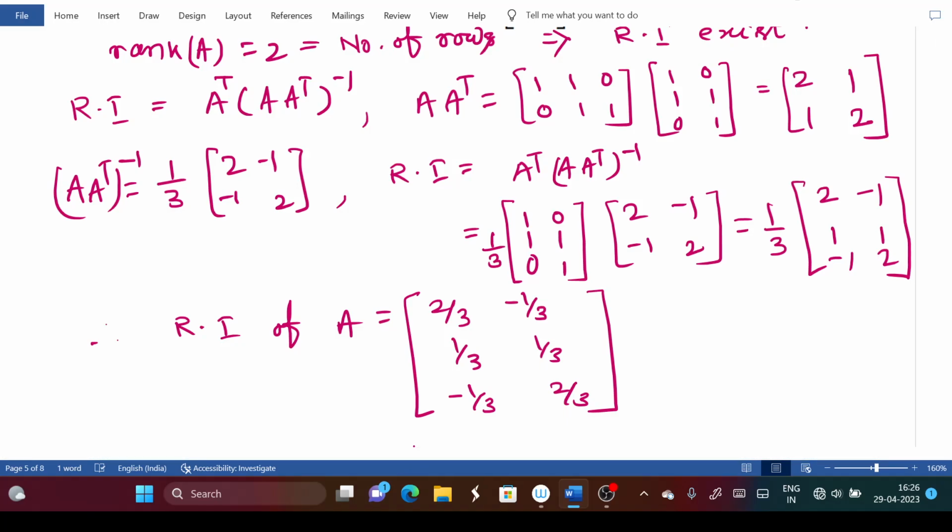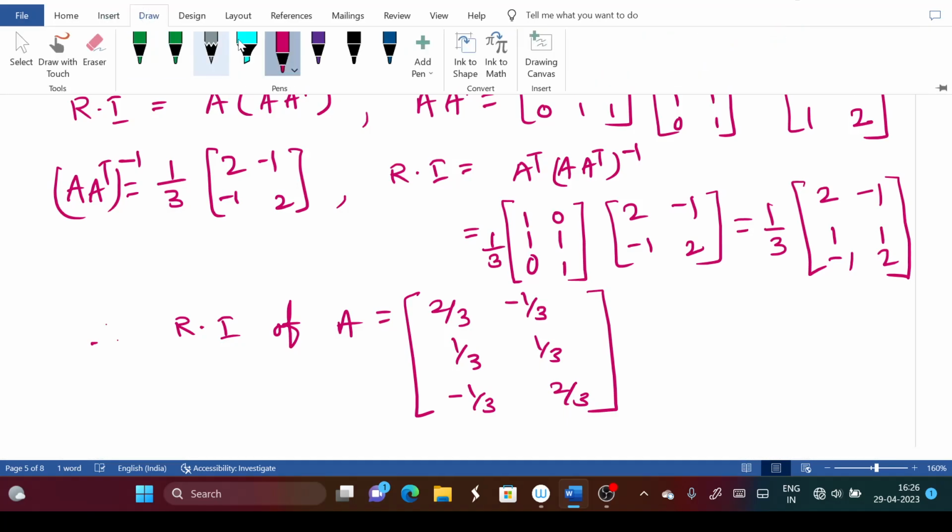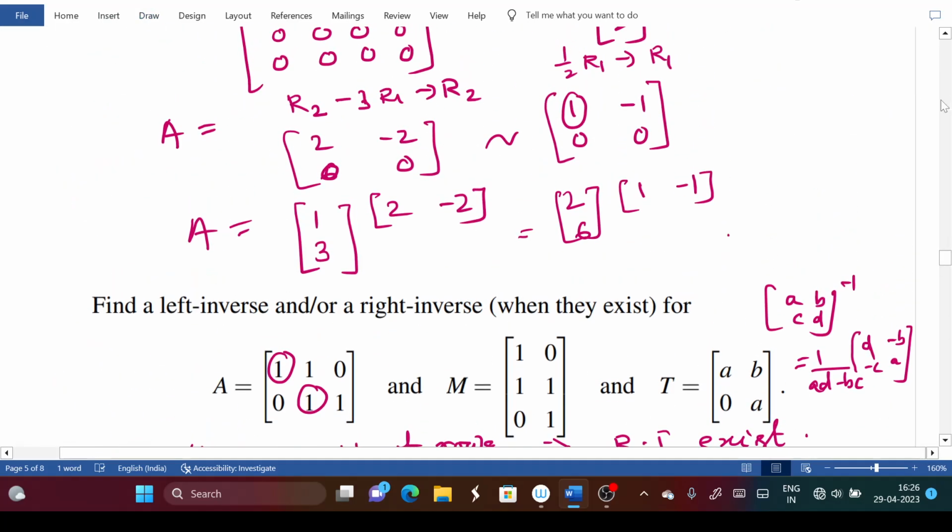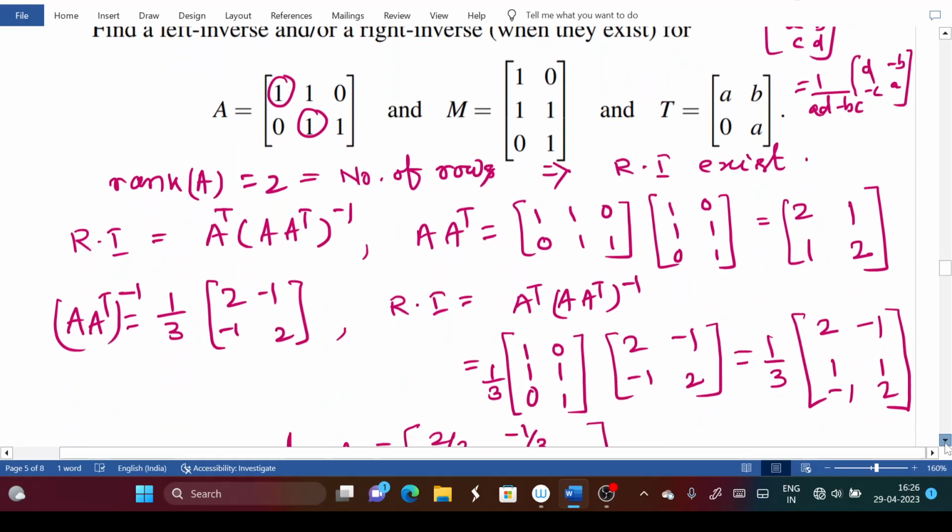Similarly, now we will calculate the left inverse of M. Observe here, M is a matrix having 2 columns and 3 rows and rank is 2. As its rank is 2, that means rank is equal to number of columns, hence its left inverse exists, and the left inverse formula is